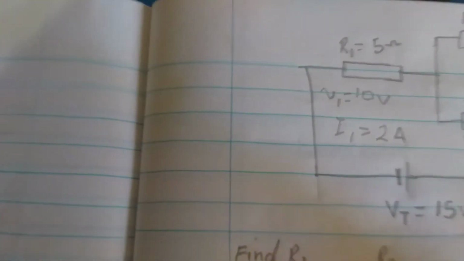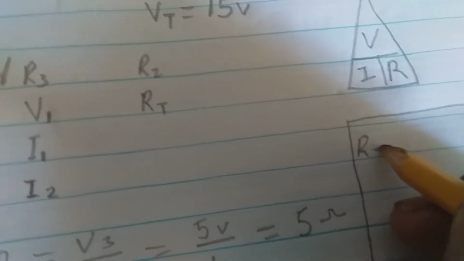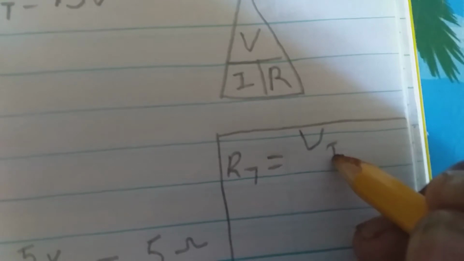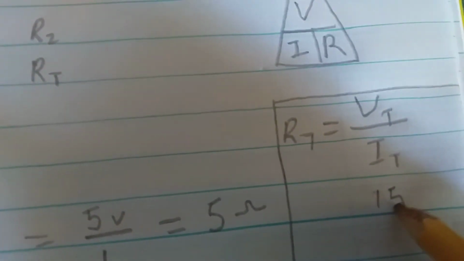We're going to use a small space here to find that. So we have RT is equal to VT divided by IT, and VT is 15 volts, so we have 15 volts divided by IT,